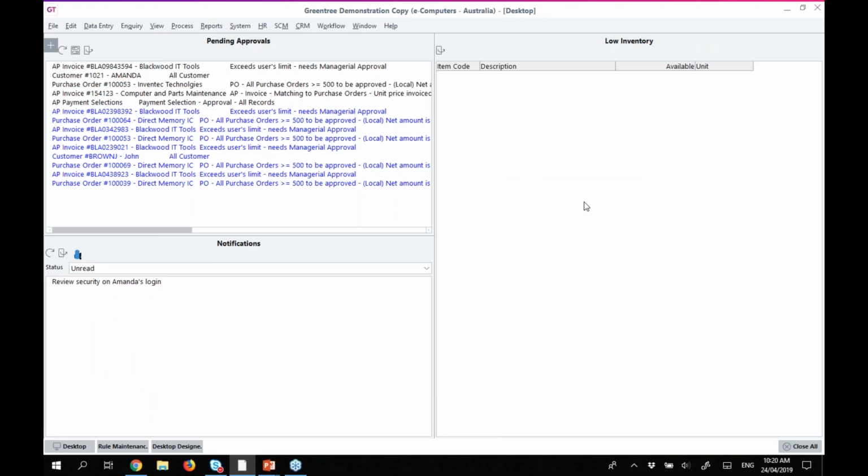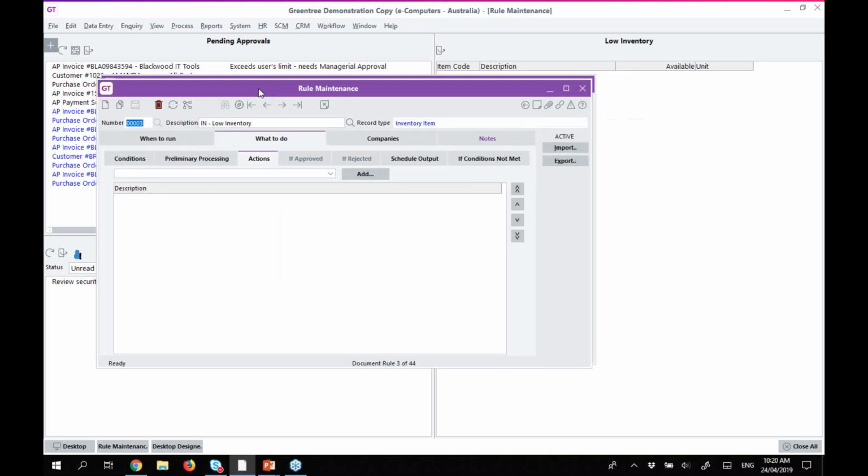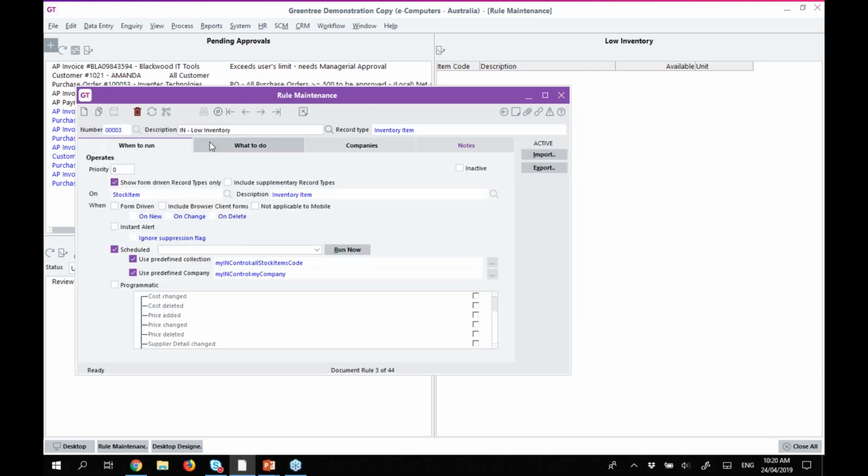So in this example, I will be showing inventory items that meet some kind of criteria. So same deal. When do I run it? It's on stock items. You'll notice this time that it's scheduled. So this might be something that you run every day in the morning. It could be something you run once a week. It could be used really to help someone in stock replenishment to know when they need to do purchase orders